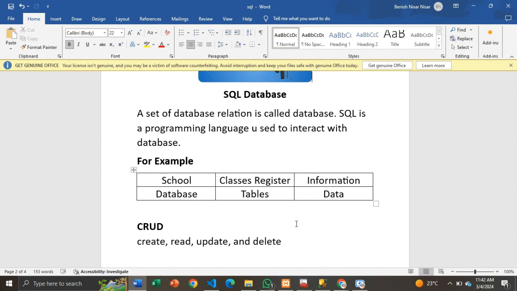How will they recognize which one is their child Mohsin, because Mohsin is very common? An ID is used, which we show with a roll number. It's always different for everyone. The roll number is different for everyone, and from it we identify the student. Here the school we have is like a database, and like we said about class and register,